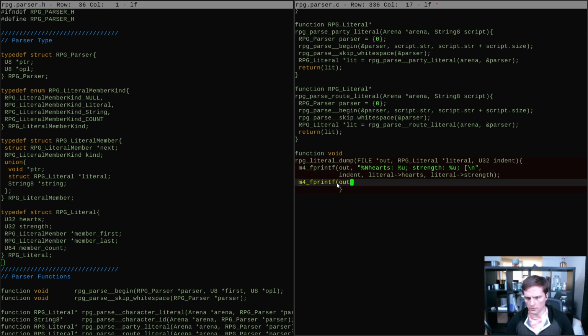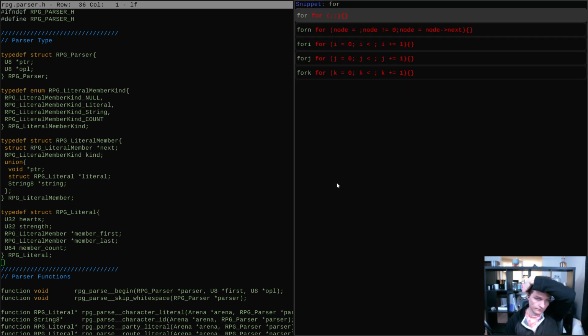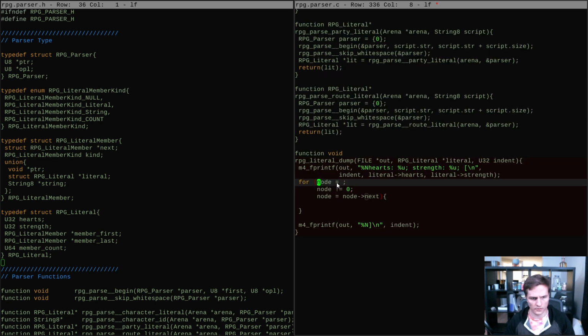And then a square bracket at the end with indent again. And then for each member,